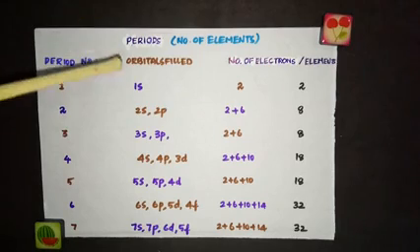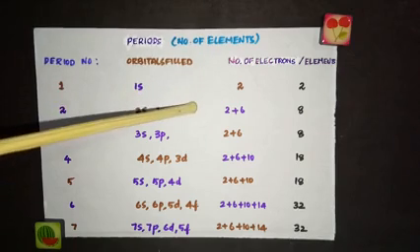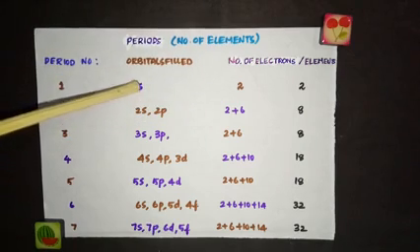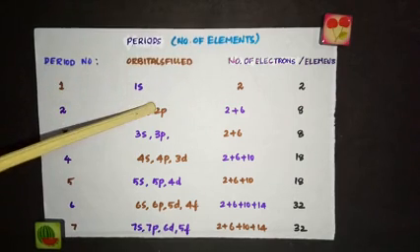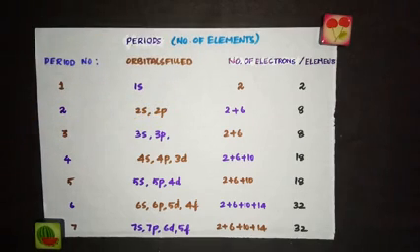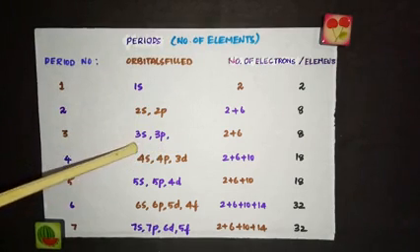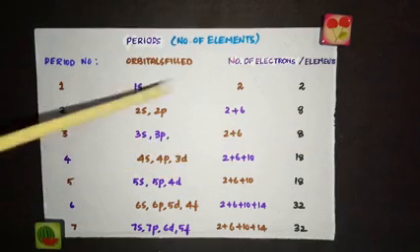So when you write 1s1, that is the first element. When you write 1s2, that is the second element. When you write 1s2 and then 2s1, that is the third element. Same way 1s2, 2s2 will be the fourth element. 1s2, 2s2, 2p1 would be the fifth element. So it goes on. The third period, what are the orbitals filled? 3s and 3p. Again, there would be 8 elements in the third period.